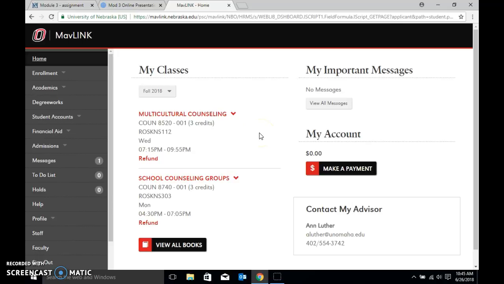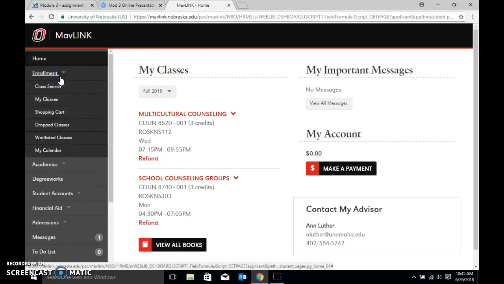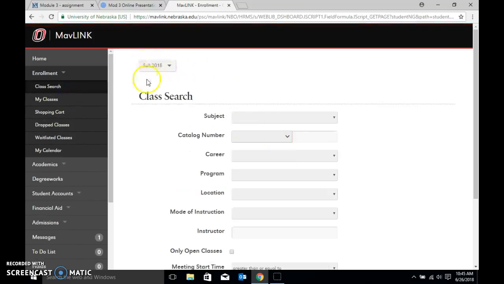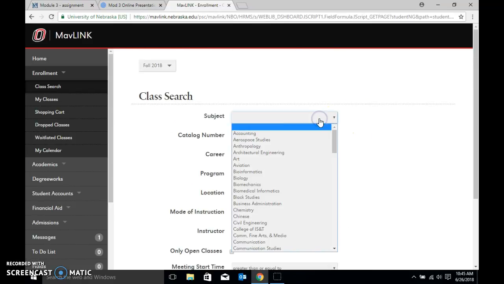So once you've logged into Mavlink, this is your home screen, and for enrollment, you want to go to the Enrollment tab. So you click Enrollment, and then to look for classes, we're going to do the class search. You want to make sure it says Fall 2018 up here at this top box, and then we search for classes most of the time by subject and catalog number. For an example here, we're going to search for Gerontology